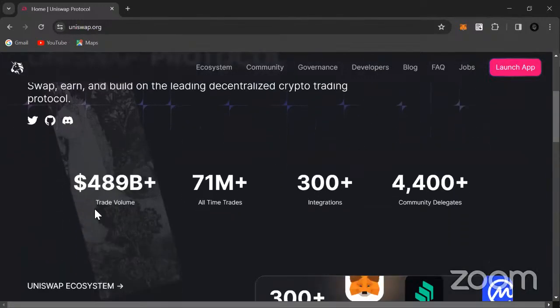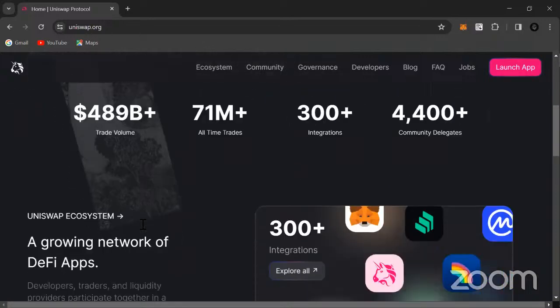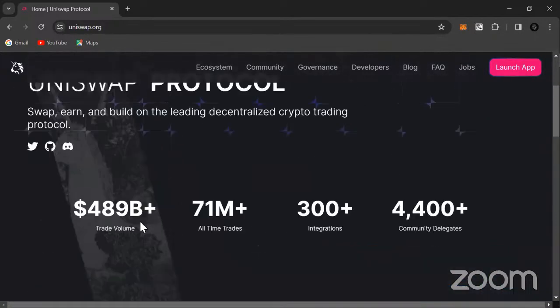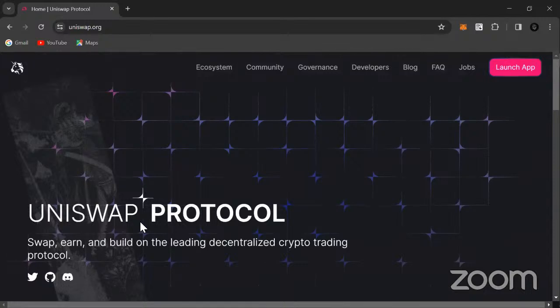You can see the total trade volume they've had on the platform is over $489 billion, which tells you that people utilize this platform on a daily basis. They have other information you can check out, but for the purpose of this class, we're just going to interact with this and try to swap our ERC20 token for another ERC20 token.